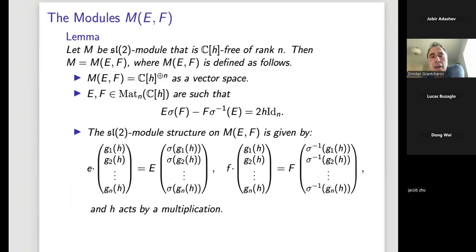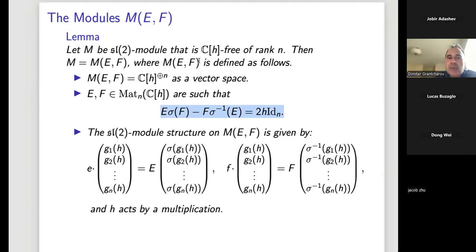But EF minus FE equals 2H will give you this matrix equation, which is not very pleasant, right? So you cannot say that if we have E, we easily find F. It doesn't work like that. So luckily, for matrices, we still have this Smith normal form. Smith normal form is not like Jordan canonical form, but it is still some reduction that can be used to make this identity more pleasing.